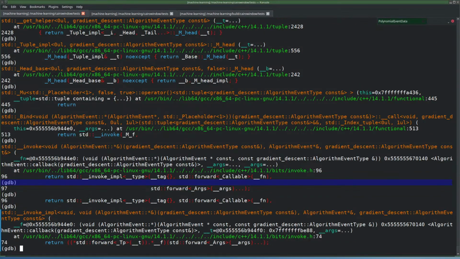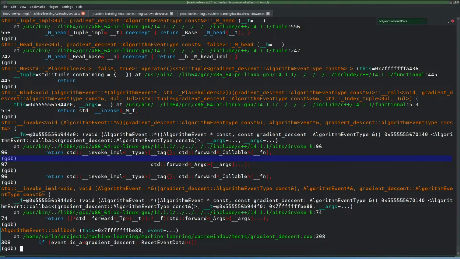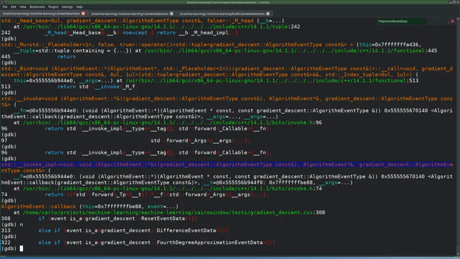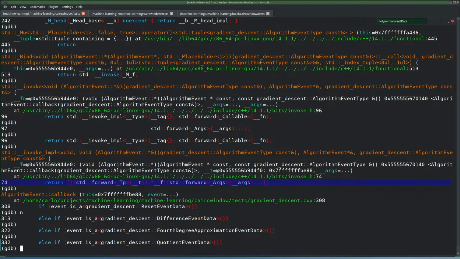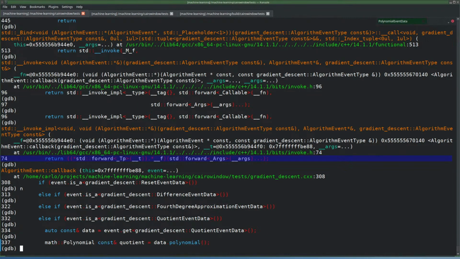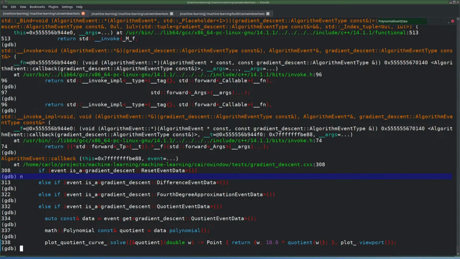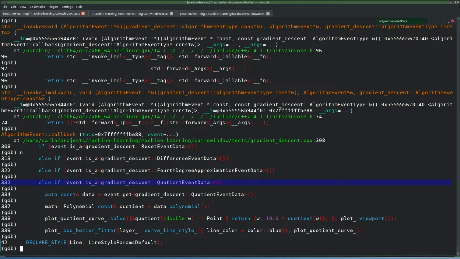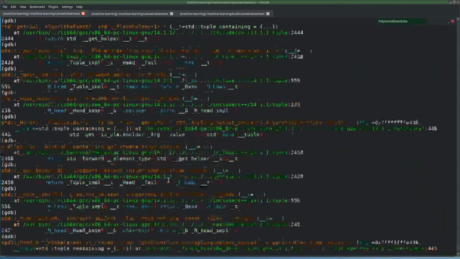Same shit as before. Callback. Is it the reset? Nope. Is it difference? Nope. Is it fourth degree? Nope. Is it the quotient? Yes. Do the drawing. Yeah, so it works actually, but I'm super surprised with this